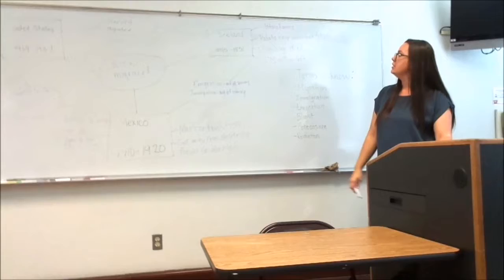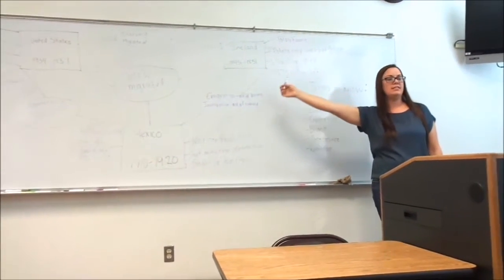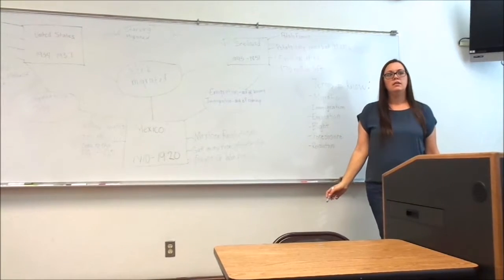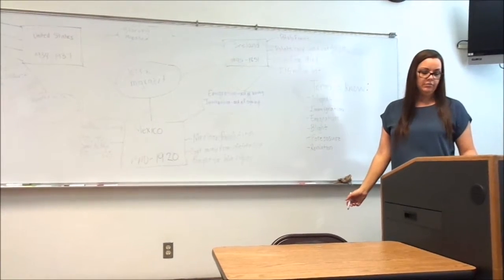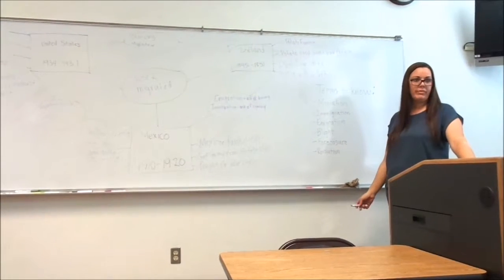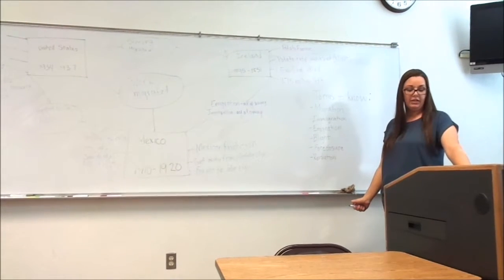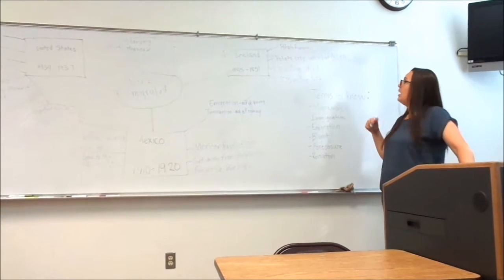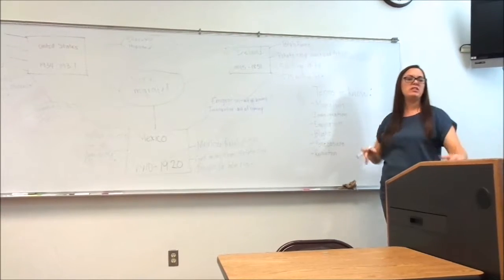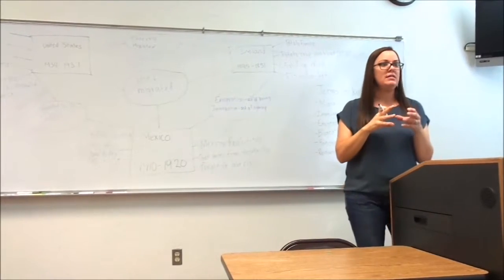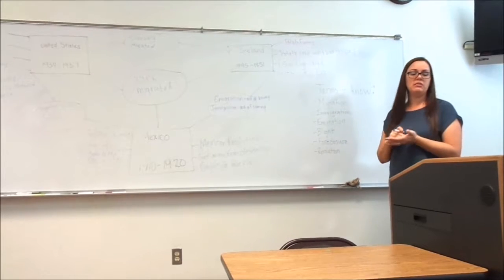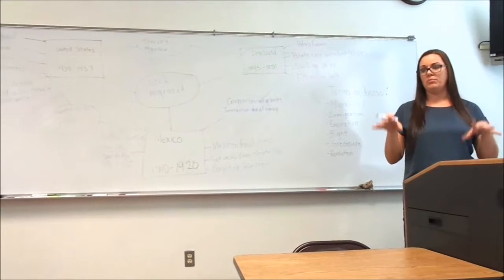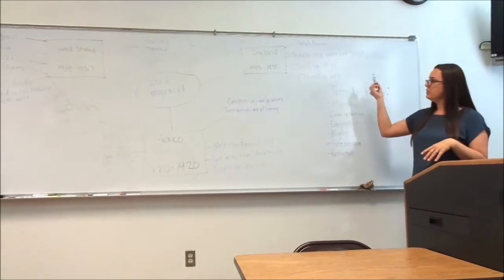Blight. Blight happened in Ireland. Can somebody tell me what blight is? Let's go with Joe. Good. So blight is a disease or a fungus of a plant. And the potatoes, remember how I showed you those pictures of those potatoes and they were all rotten? That was blight. Blight caused those potatoes to do that. And if it hits, it usually spreads throughout the whole crop and all the crop will be bad. So that's a good job.